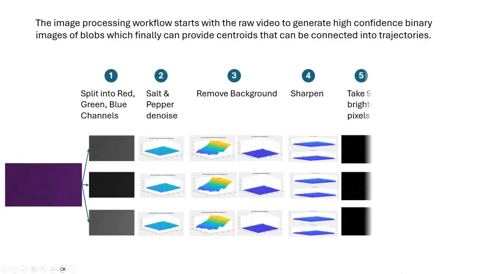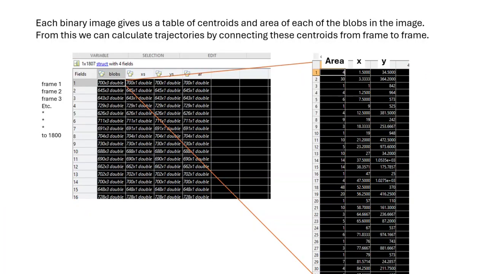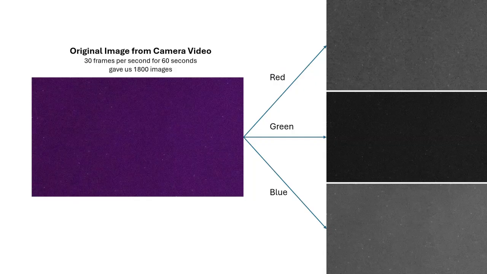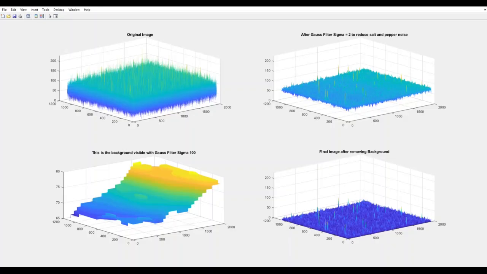For image processing, we need to get the raw video data to a series of images that can be trackable. And here's a summary of the image processing workflow. So the camera took 30 color frames per second, and each frame consists of a red, a green, and a blue layer. So then we split each frame into those 3 layers, and for each of these layers we removed